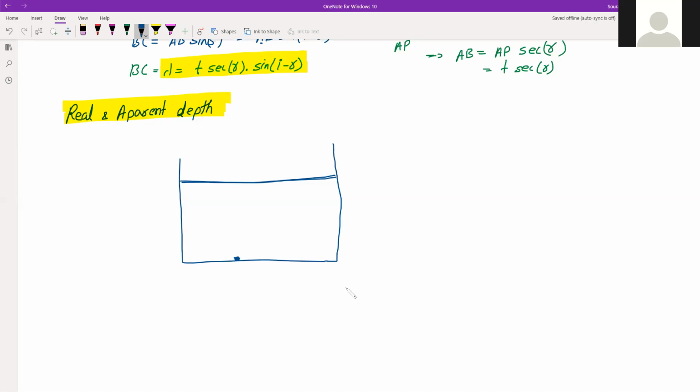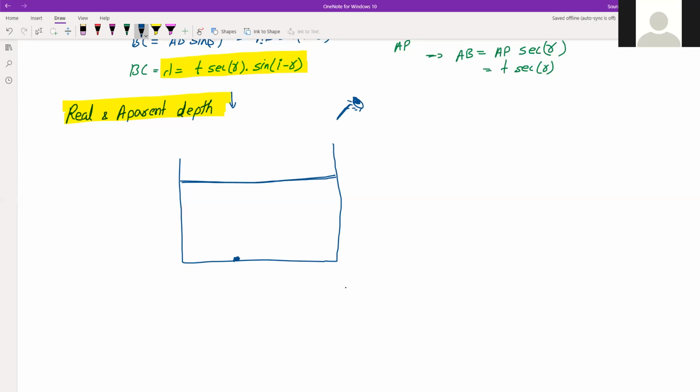You must have seen this trick being done somewhere. If there is water in this and you try to see it from here, you will see it exactly at the bottom. But if you try to see it from here, you actually see this lifted or a little up, its height is a little more. It's not at the bottom. So its depth is different from the actual depth. So how does that happen? Suppose this is your eye, the place from where you are actually seeing it.